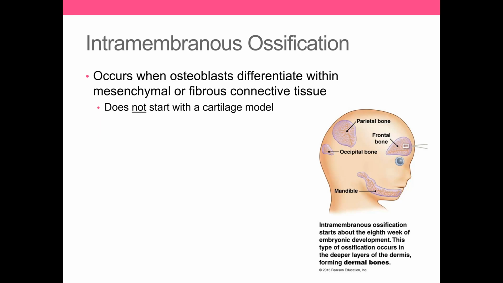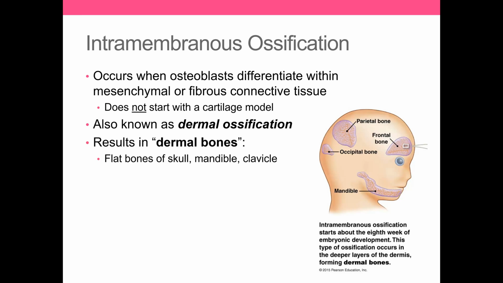So what sets this type of bone growth apart from the endochondral ossification is this one does not start with a cartilage model. So endochondral ossification starts with cartilage. Intramembranous ossification does not. It just starts in some connective tissue. This is also known as dermal ossification